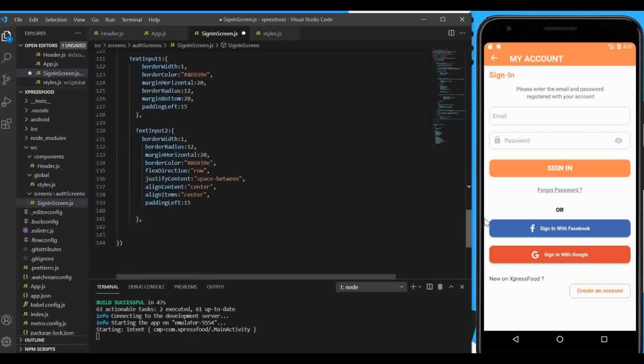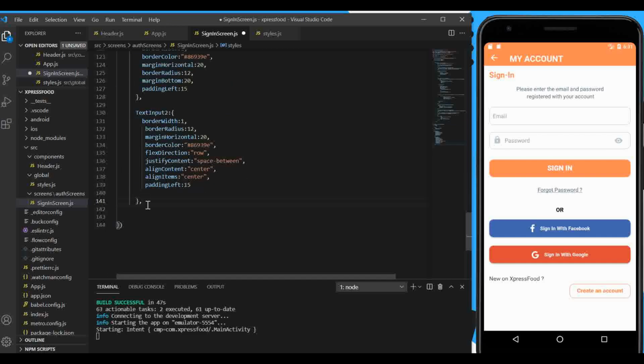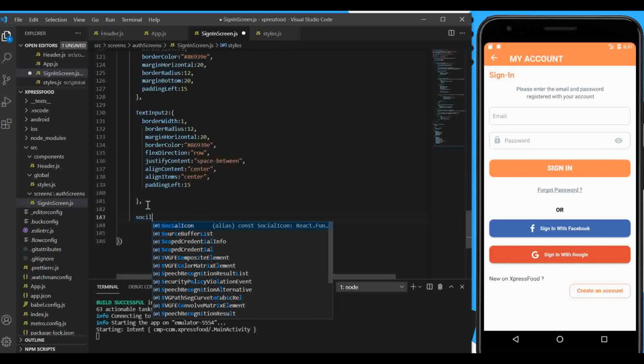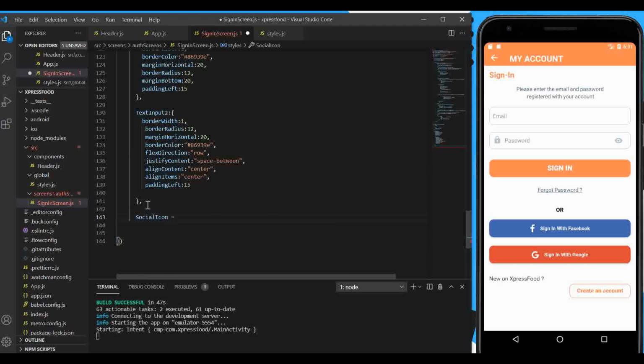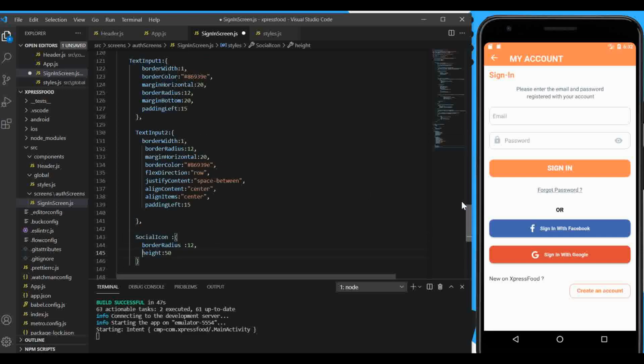We can scroll down and then create socialIcon equal to, sorry, not equal, this is an object, and I'm going to paste some styles, and you can simply pause the video and copy or type these styles in your code. So I'm gonna scroll up,